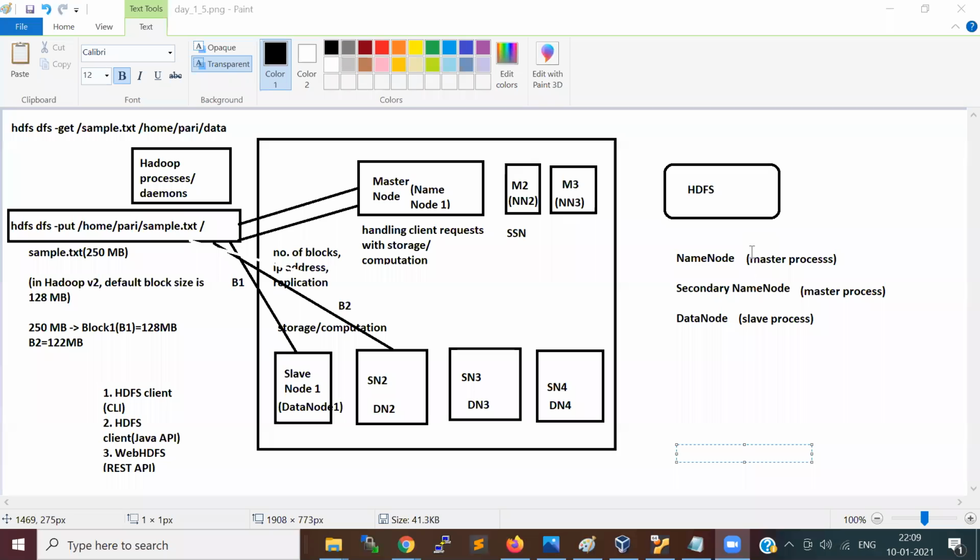No, Pari. All right. I will be sharing the Google Drive link. You can download this VM and import it on your machine. I will also send you the cheat sheet for HDFS commands. You can start practicing it, and tomorrow we will see.